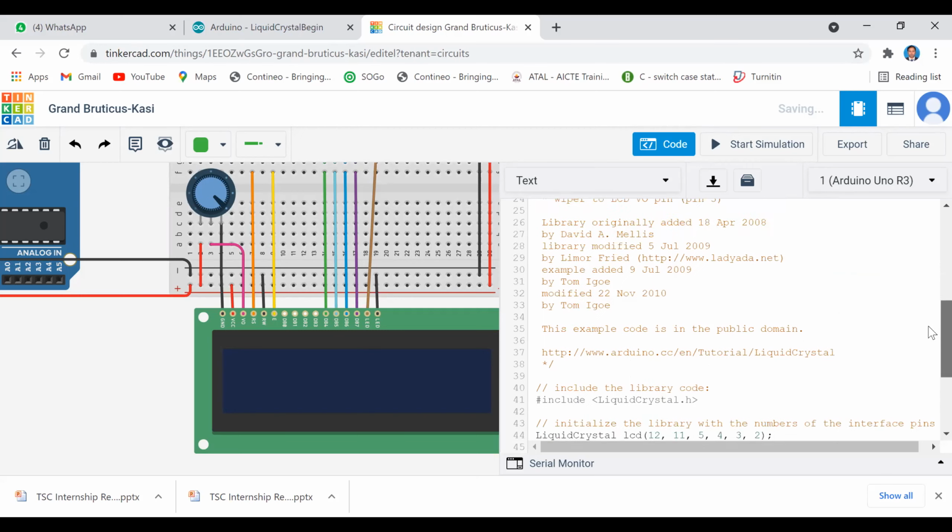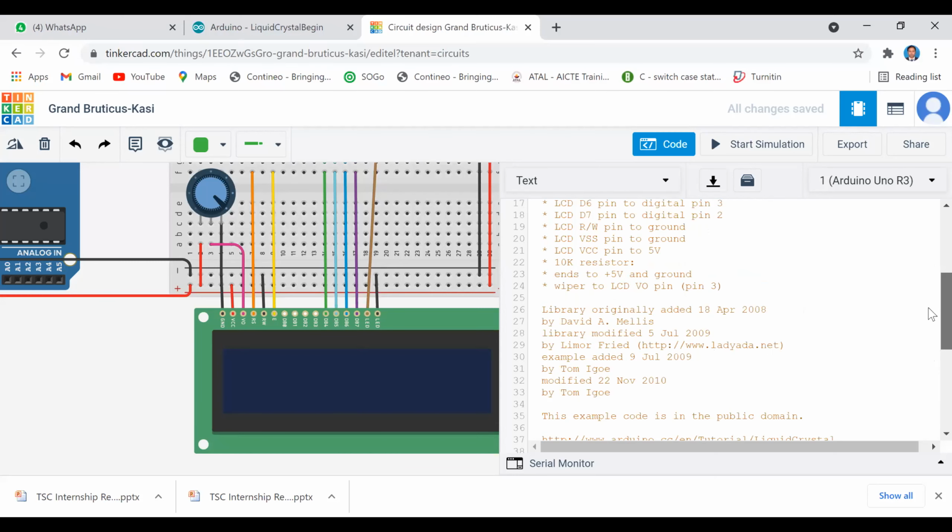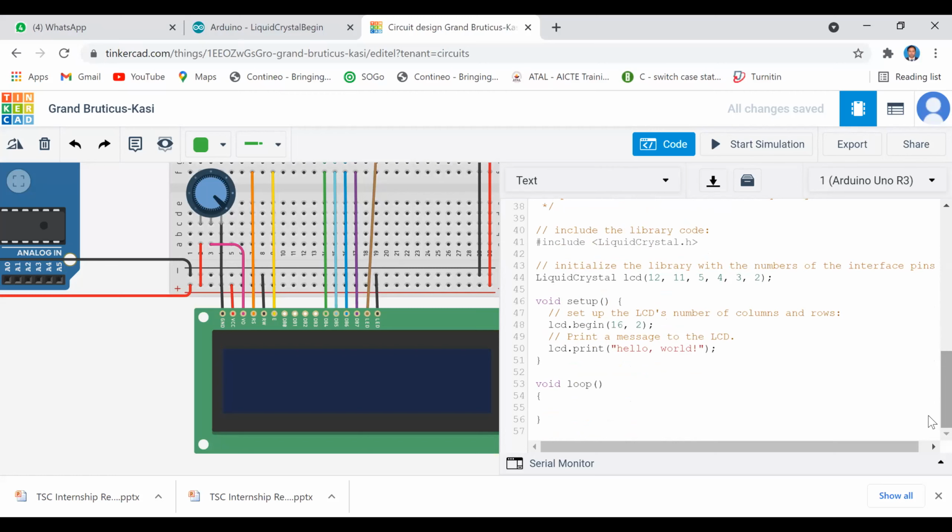These are all just basics. For a starter, you must understand what these inbuilt functions are and how they work. Can anybody tell me? How many times will the hello world characters display on the LCD?